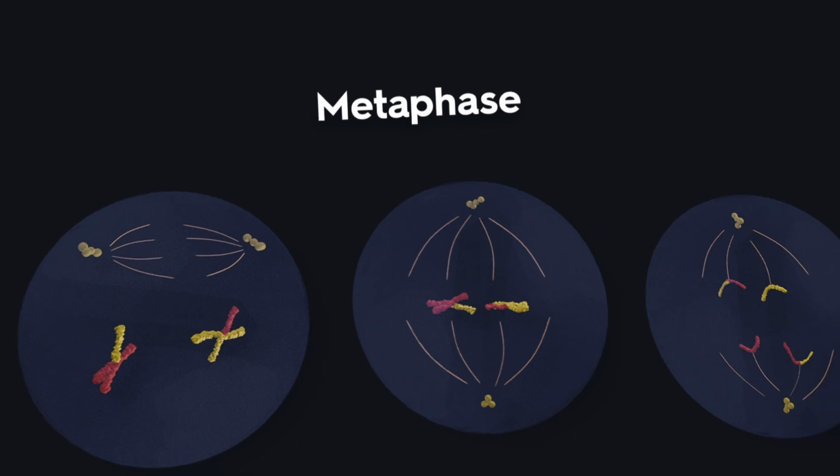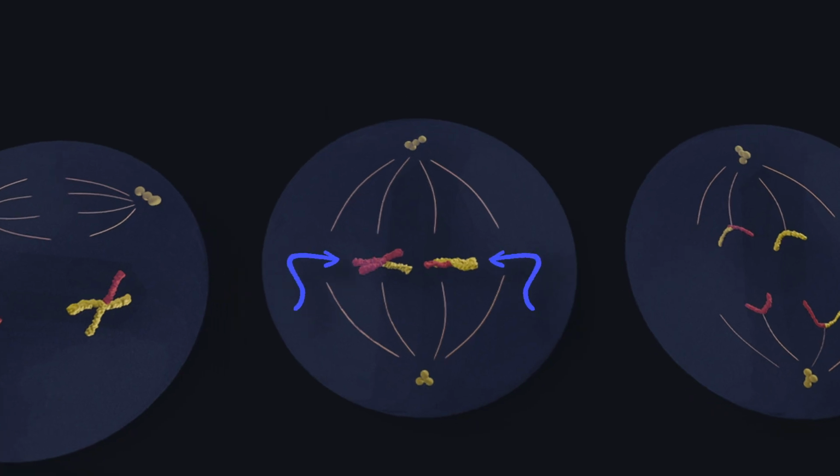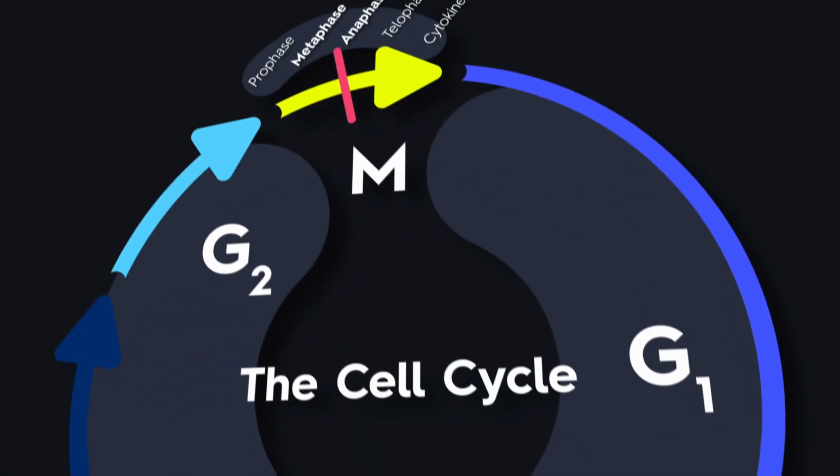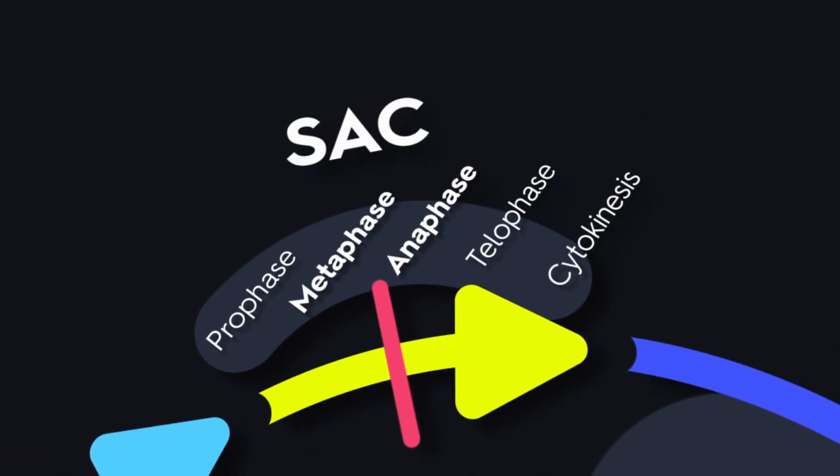Next is metaphase, when all chromosomes align at the cell's center to form a metaphase plate. Each chromosome is pulled from both sides to ensure balanced tension. Before moving on, the cell pauses at the spindle assembly checkpoint, or SAC, to confirm that every chromosome is correctly